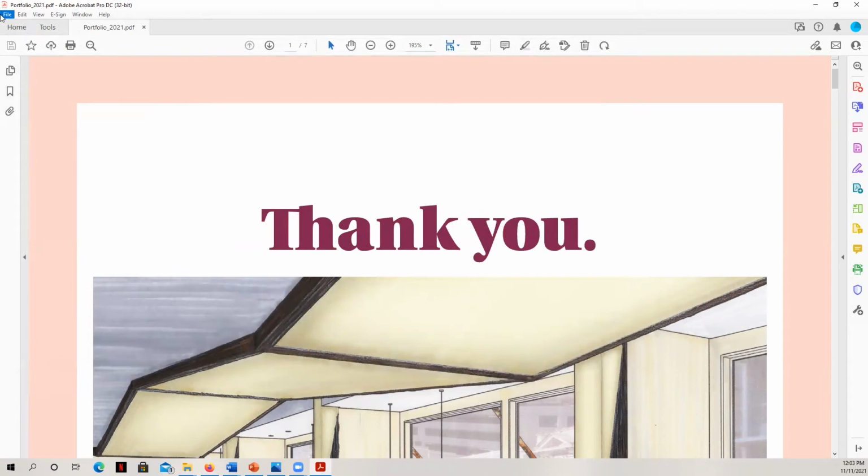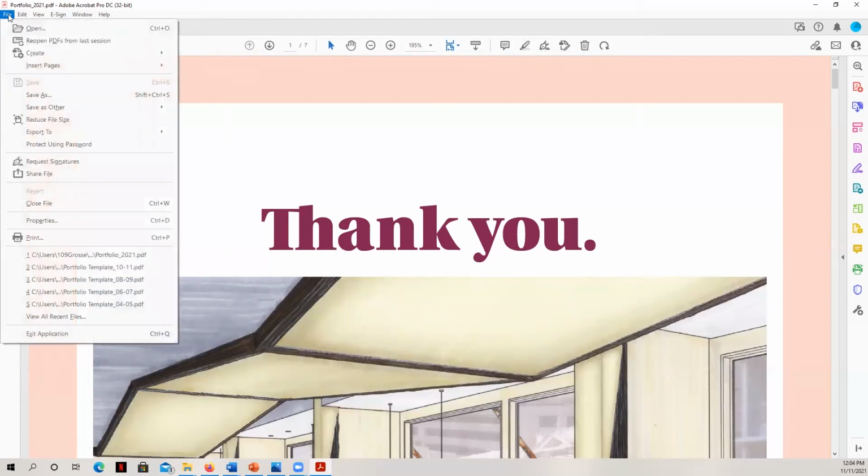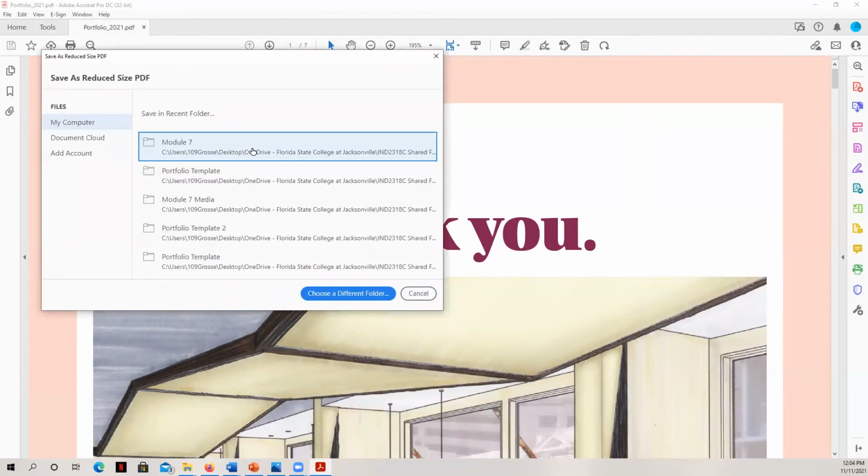And now what I'm going to teach you next, now that we have merged this into a single file here, is how to compress it. Now, this is especially important if you're going to be emailing this portfolio, because these are very high quality images. The file size is very large. And so you want to make sure that when you send this portfolio, it's as small as it can be. Now, you may choose to zip your portfolio if it's really big, but what I like to do is do this, which is reduce file size, and that will maintain the quality, but it will make it as small as it possibly can in the process.